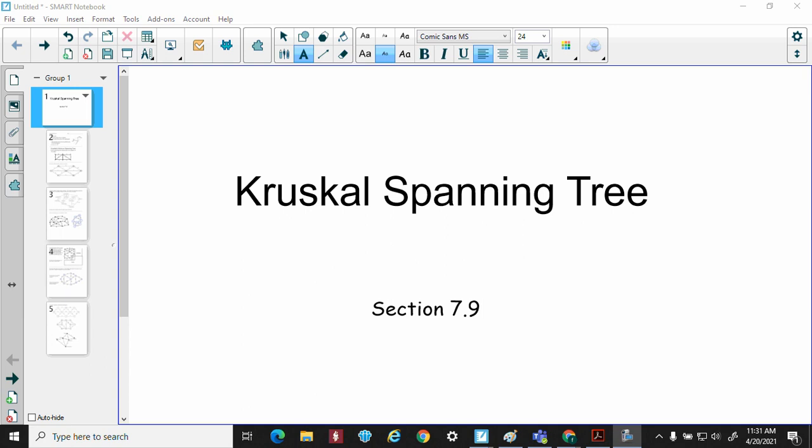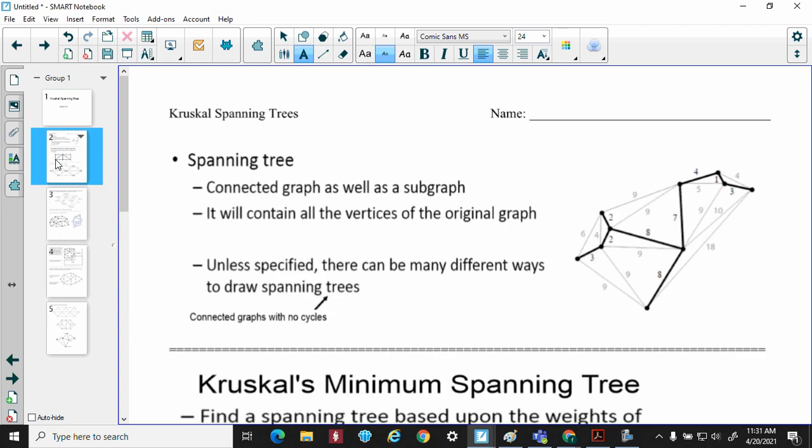All right, in this video, we're going to talk about the Kruskal spanning tree. So let's get started. Before we start talking about the Kruskal spanning tree, we do need to talk about what a spanning tree is. So the best way to explain it is just to kind of show you. So if you look at this graph right here,